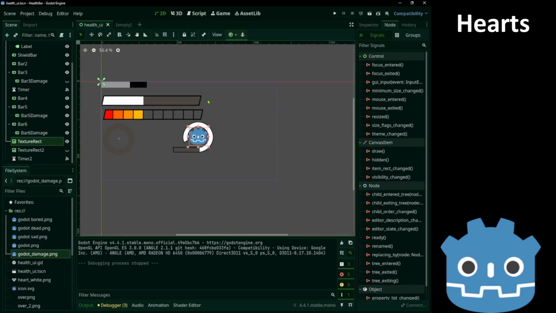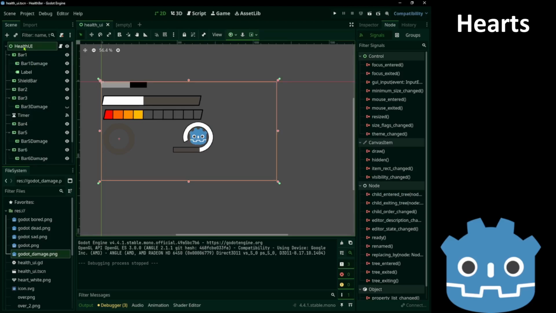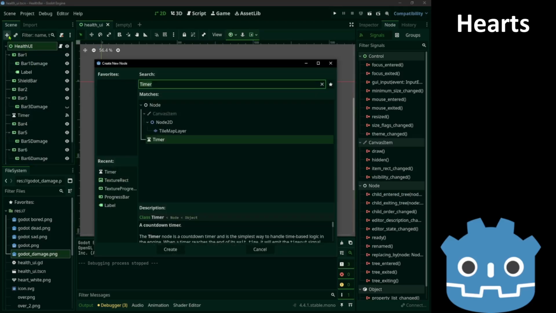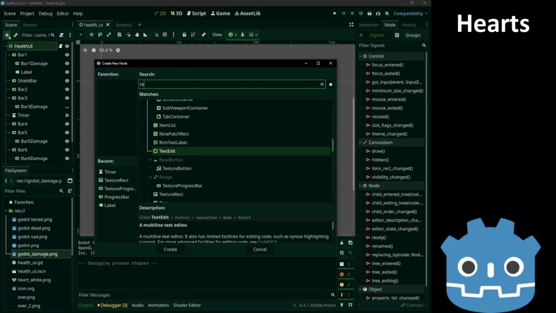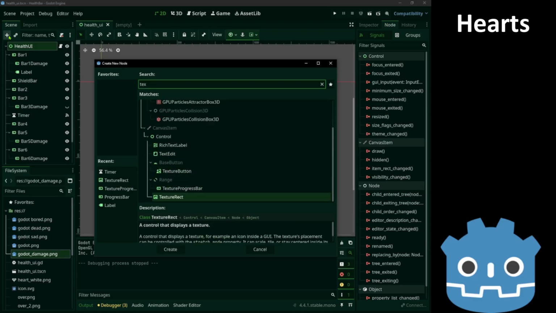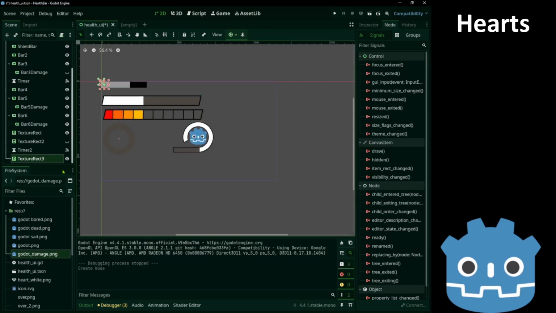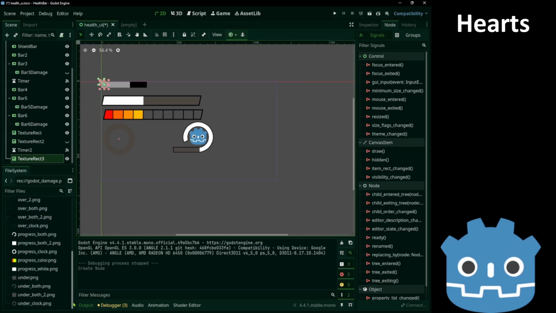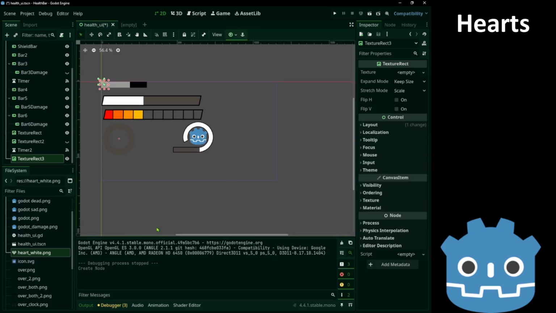Finally, we'll see one last health bar. This is a bit different from the rest. We are going to use a texture rect. And we'll use the heart.